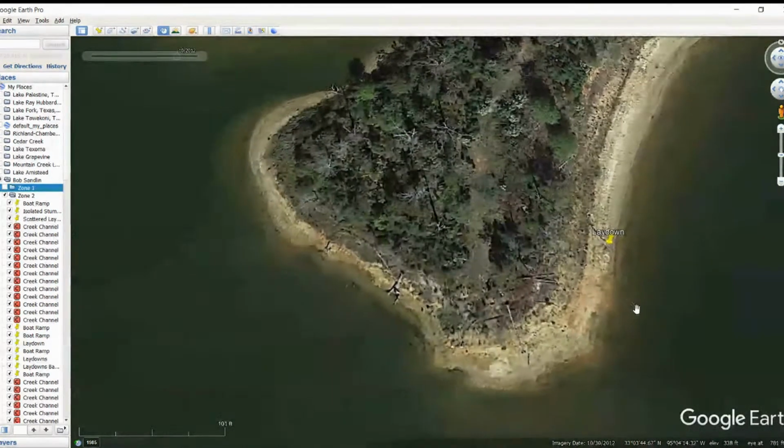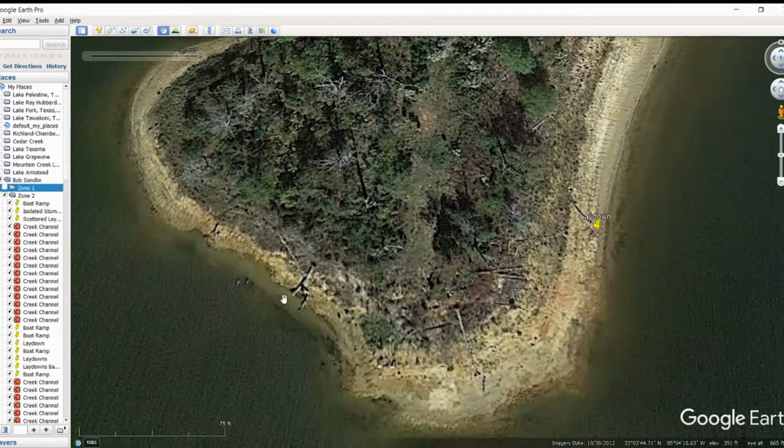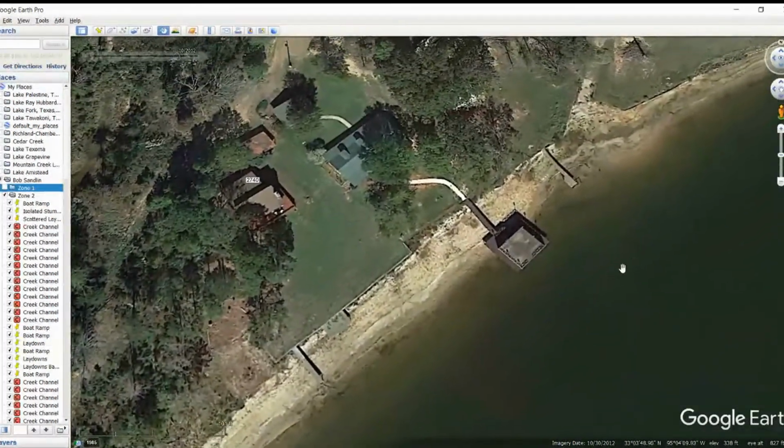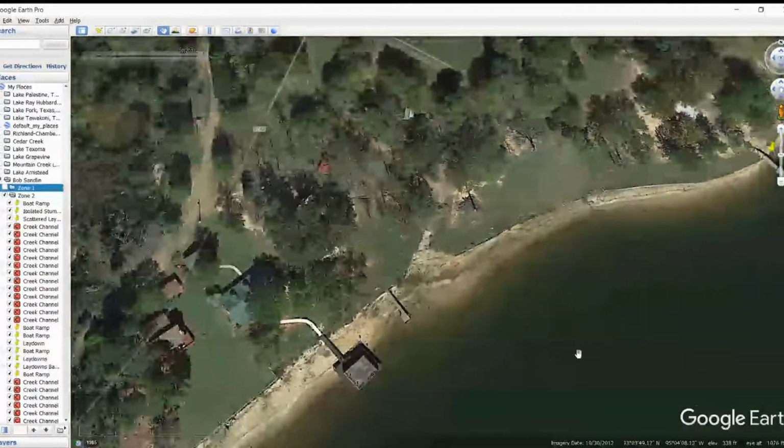I'll kind of zoom in here to show you. There's a lot going on in this point actually, but I did like that laydown. Probably should have marked that one too. It goes pretty far down in there. All right, I'm going to zoom back up, and we're going to continue to go up this bank line until